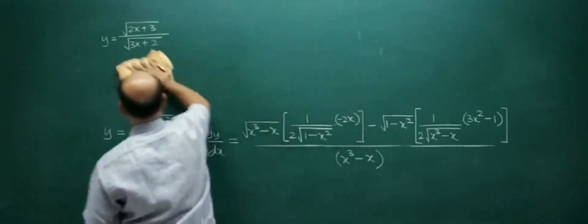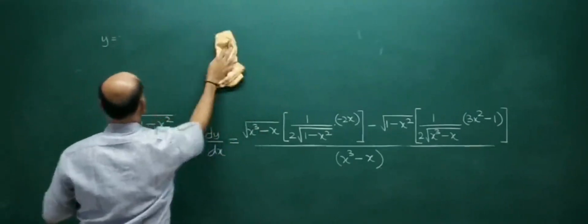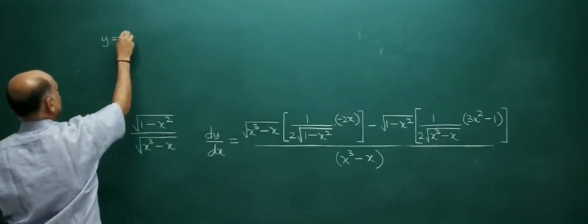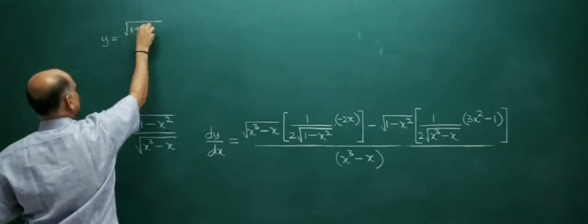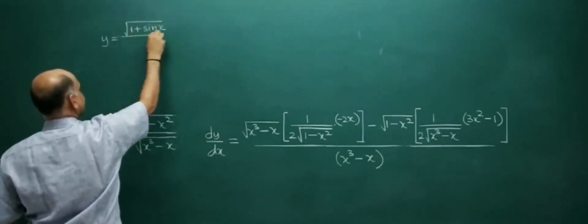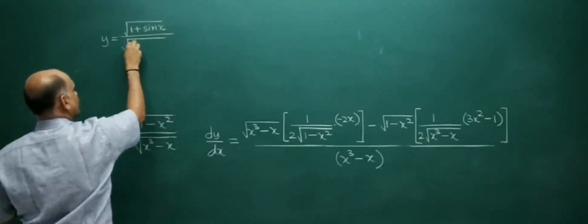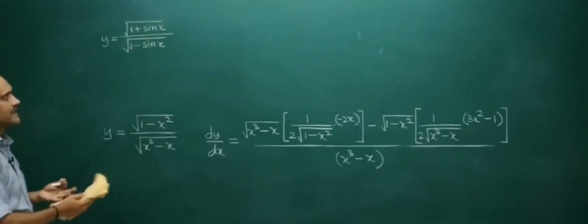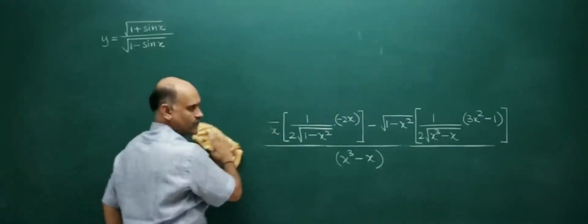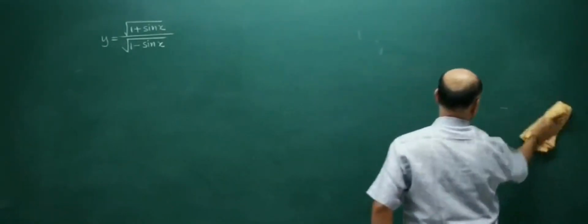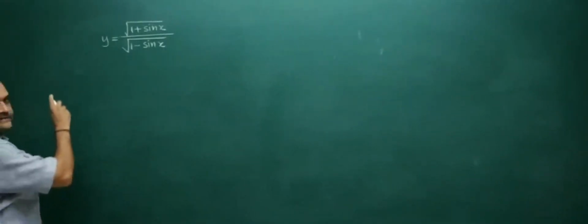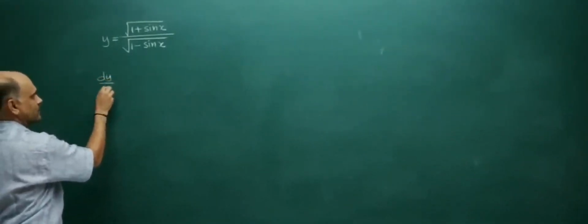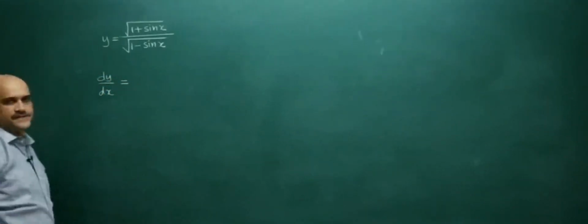y is equal to root of 1 plus sin x whole divided by root of 1 minus sin x. So first again you apply u by v. So dy by dx is equal to